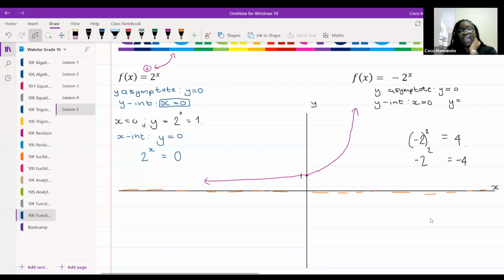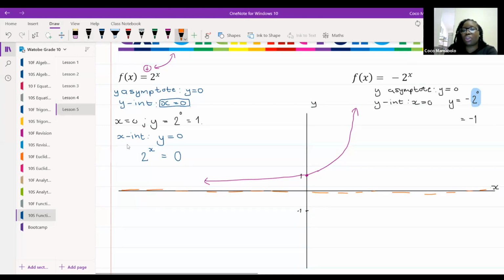Right, so in this case, when we say that x is equal to 0, we're going to look at 2 to the power of 0. Whatever the answer is that we get for 2 to the power of 0, we will put a negative there. Now we know that 2 to the power of 0 is 1, so my answer should be -1, because the whole of -2 is not to the power of 0, only 2 is to the power of 0. So now my y-intercept is down here at -1.